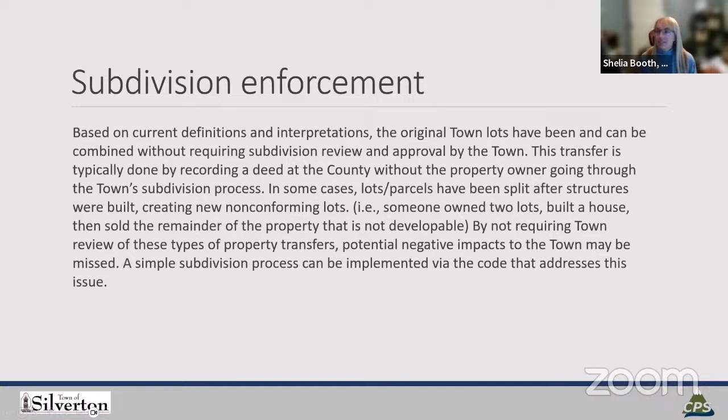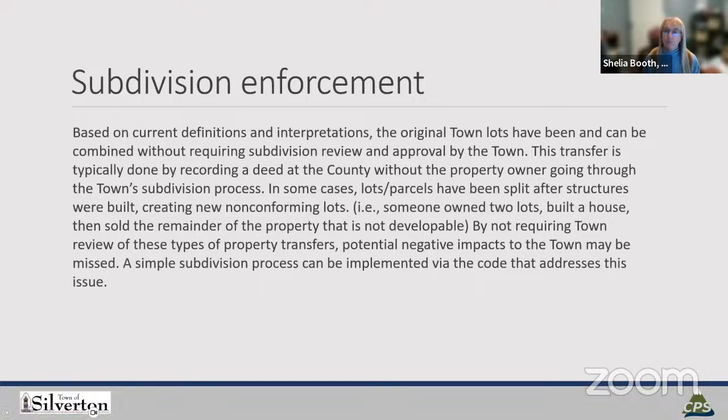The next one is the subdivision enforcement. So based on interpretations and how things have been done, when people are combining these lots, they're not going through the subdivision process in the town. They're simply going to the assessor's office, recording a deed, combining the two lots, and then building on it. We think this is an important thing for the town to reconsider. You can go through a subdivision process without making it onerous.